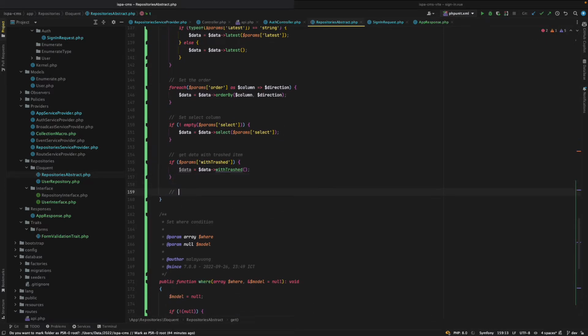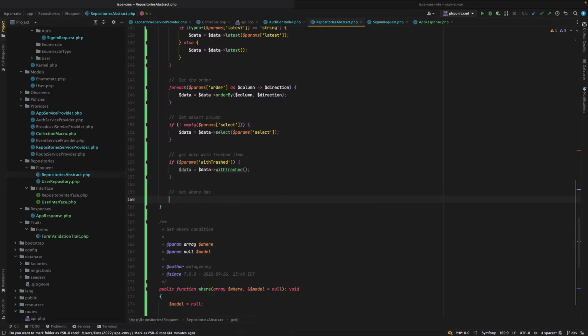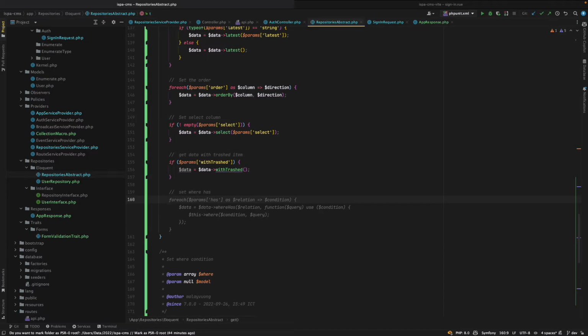Then we have set where has with the loop params here, param has here a relation with the condition here,